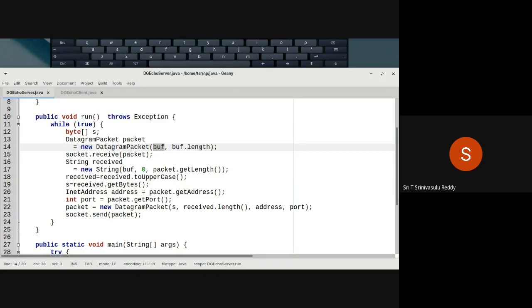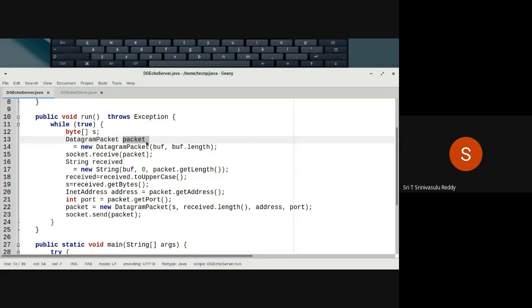This is one kind of constructor actually, where you are not specifying any IP address and port number. You are only specifying the array of bytes so that the packet can be constructed. Because now we want to use this particular packet to receive the information. Whenever you are receiving the information, you don't know the IP address and port number of the client right now.